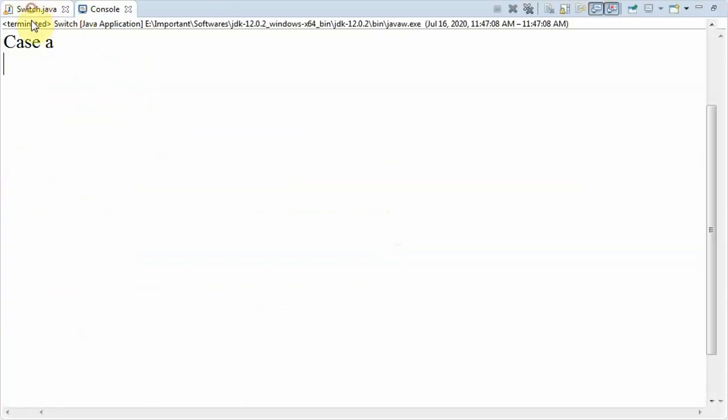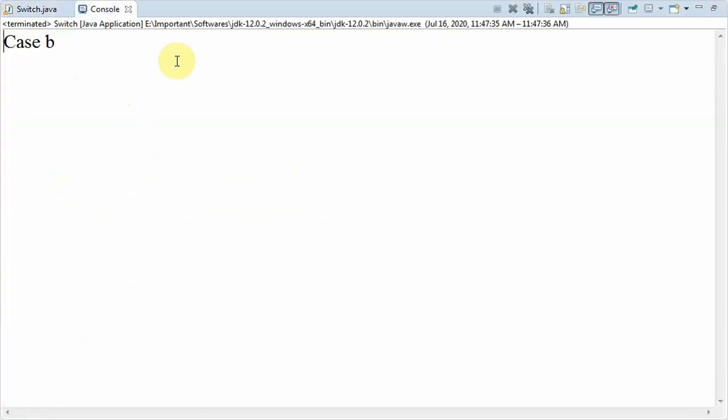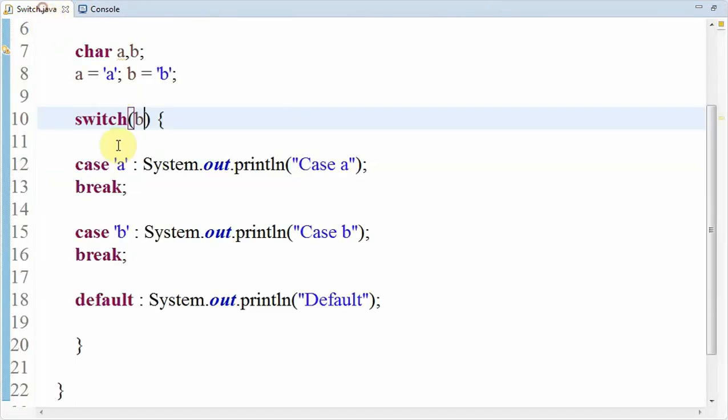The value of this variable is checked against the cases: variable a holds the character a, which matches in the 12th line. That's the reason it will print case a when it gets executed. In the same way, if we send b, then it will print case b.